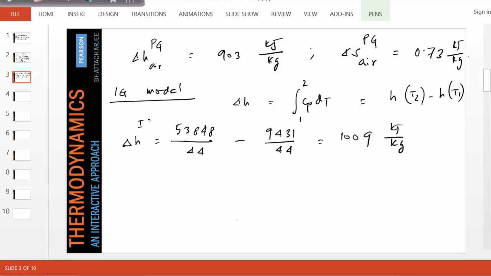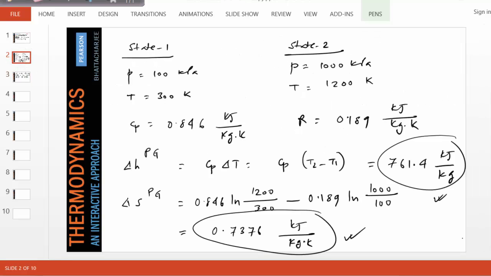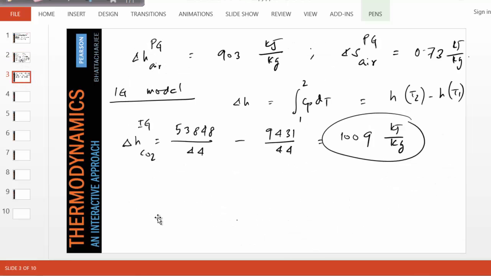So for the IG model, the CO2 enthalpy change seems much higher than what we got from the PG model. These results are also for CO2. Obviously, Cp variation cannot be easily neglected for carbon dioxide. Okay, let's calculate entropy change also, and recall for an IG model that entropy at a given pressure and temperature